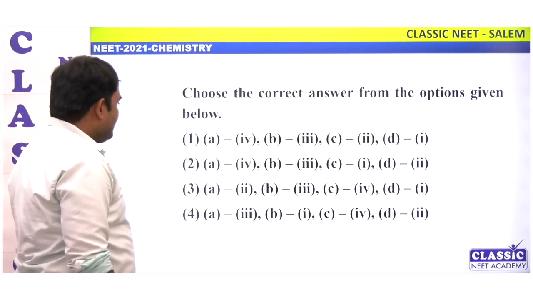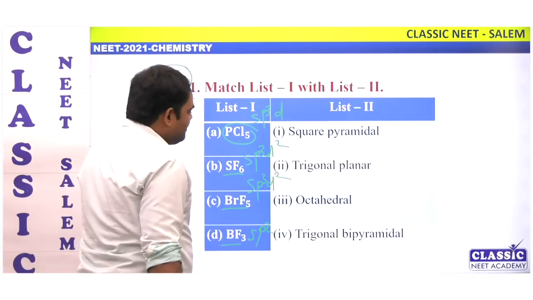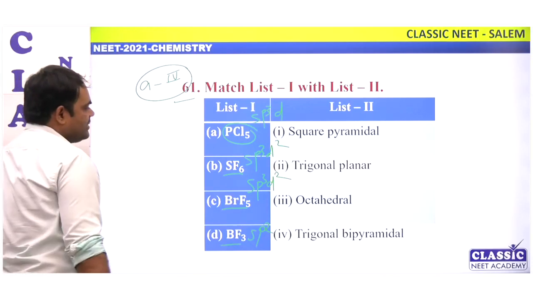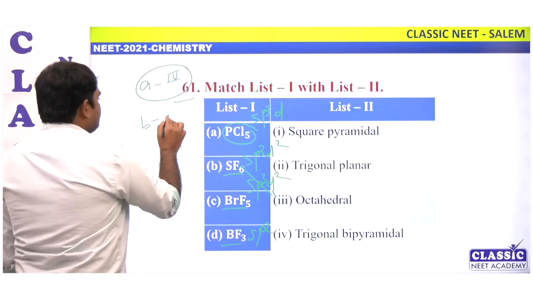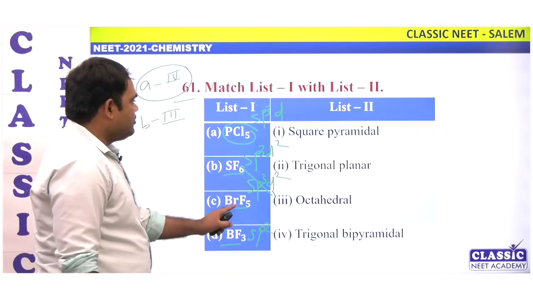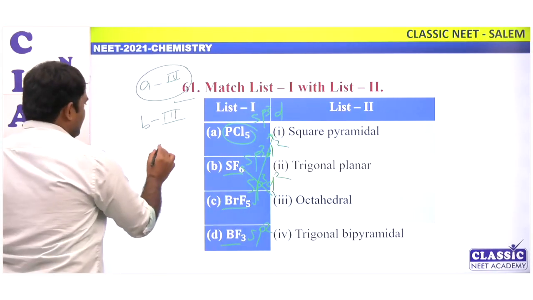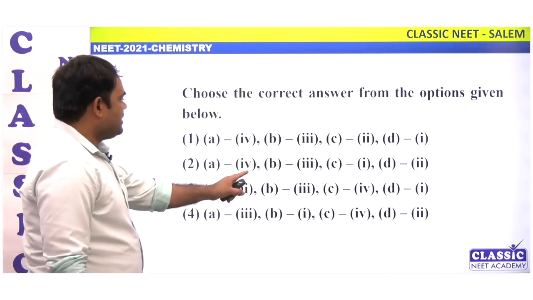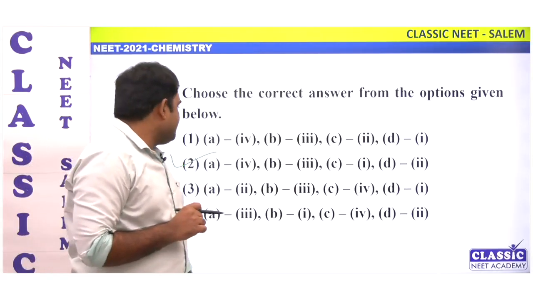So we can check where A is coming fourth. So there is 2, 1 having. After that, for B we can check sp3d2. So there is octahedral. So B should be third. What about C? sp3d2. So this should be square pyramidal. So C is first. Which one is having like that? A4, B third and C first. So the second one is our correct answer.